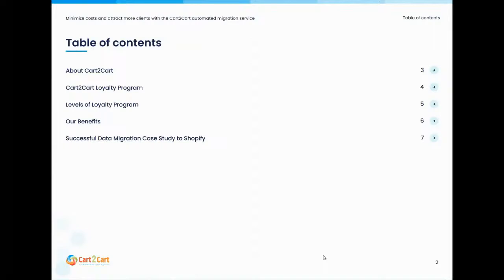We will also talk about our loyalty program: what it is, the levels, the discount that can be applied for migrations, and of course the benefits you can gain by being part of the loyalty program. And in the end, I'm going to describe a successful data migration case that was recently managed by me as an account manager here in Cart2Cart.